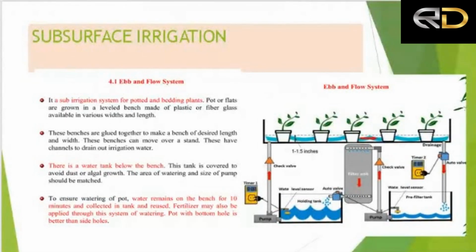So इसमें क्या रहता है, if a sub irrigation system for potted and bedded plants is to be recommended. Pots or flats are grown in a leveled bench के ऊपर रखा जाता है which is made of plastic or the fiberglass available in various widths and the length. So these benches are glued together to make a bench of desired length and width. So there is a water tank. ऐसे एक रिजर्वायर होता है beneath the bench, ऊपर जो टेबल होता है बेंच के उधर पॉट रखे जाते हैं, उसके बीनीथ नीचे एक रिजर्वायर होता है